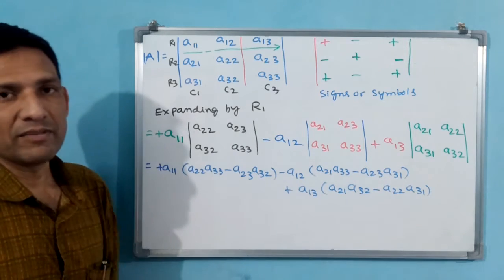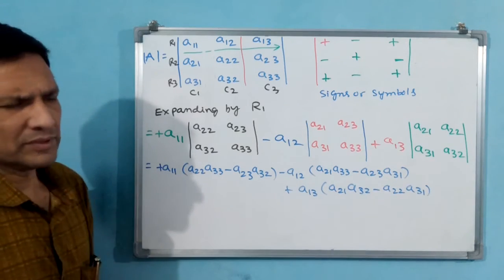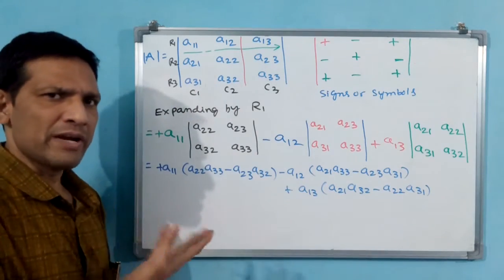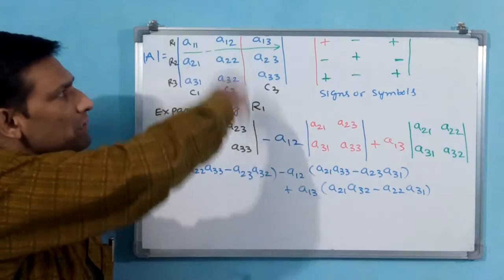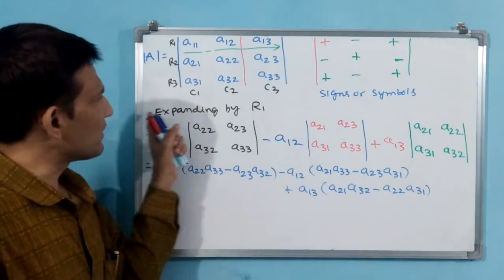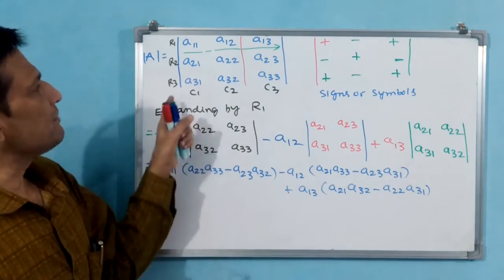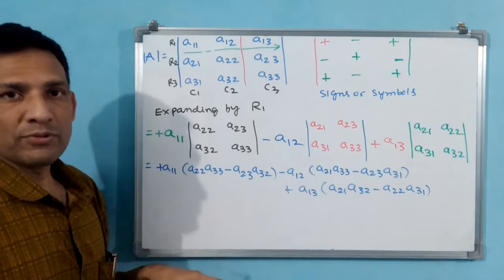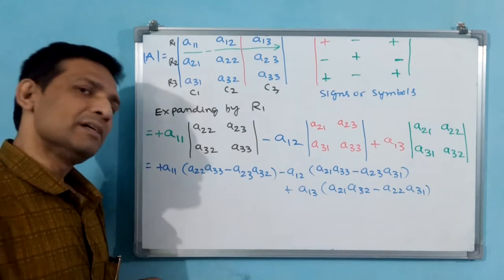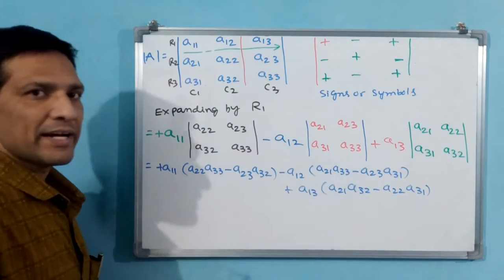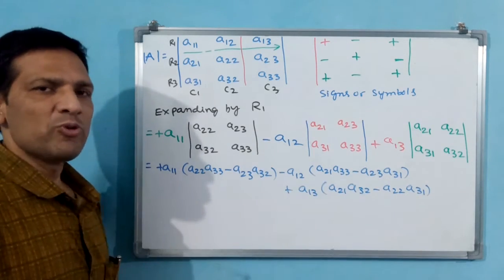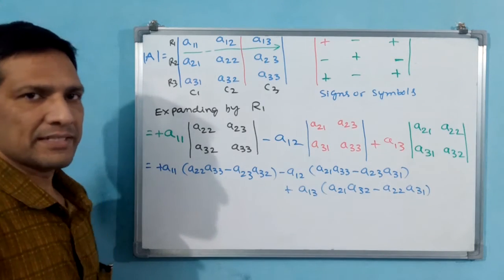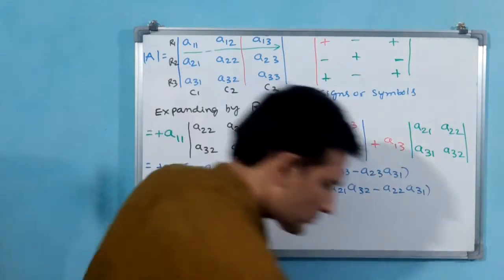See, this is a generalized form. Now we take one example. I am going to write 1, 2, 3, 4, 5, 6, 7, 8, 9 for your understanding's sake, and we will expand by column, because we have already expanded by row. R1 we have expanded. Shall we expand by column 2 with numbers? Then you can understand easily. That example we will do now and we will close this chapter. Next class we will do exercises directly. Let us do it.